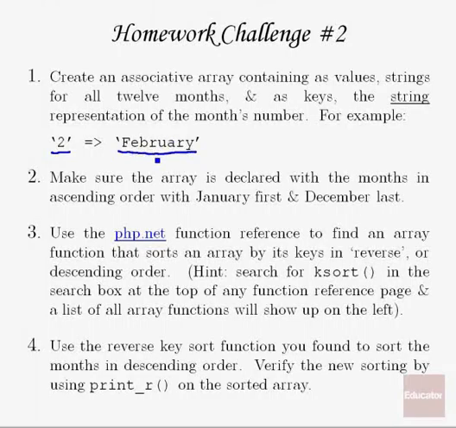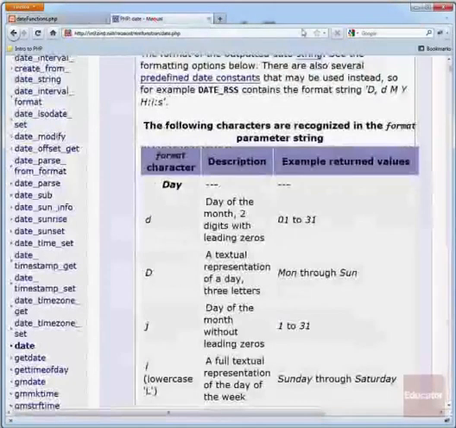And then I want you to look at the php.net function reference, and this is to give you practice in learning to use the reference to find a function that will sort the array in reverse order. So right now it's sorted from January to December, and I want it to sort the other way around. So one way to quickly find the array functions, a little hint I'm going to give you, is that if you type ksort, which we know sorts an array by keys, in the function reference box at the top of the page, if we go and do that quickly,